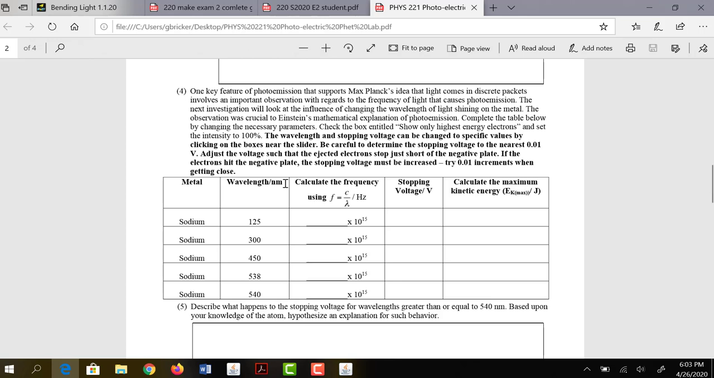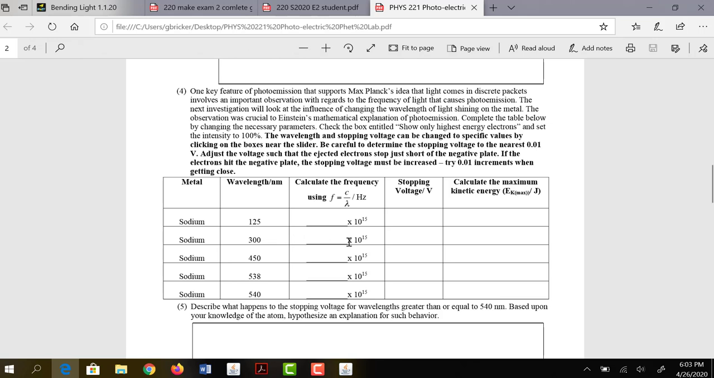So the next part here, we will use 125 nanometers. Again, that column's wavelength, the units are given nanometers. So go to 125 to calculate the frequency. It's the speed of light divided by the wavelength, and you'll see why we're getting the frequency in just a minute. Same thing, get the stopping potential. That's where the current is 0. Calculate the energy just like we did in the first part, and then increase the wavelength